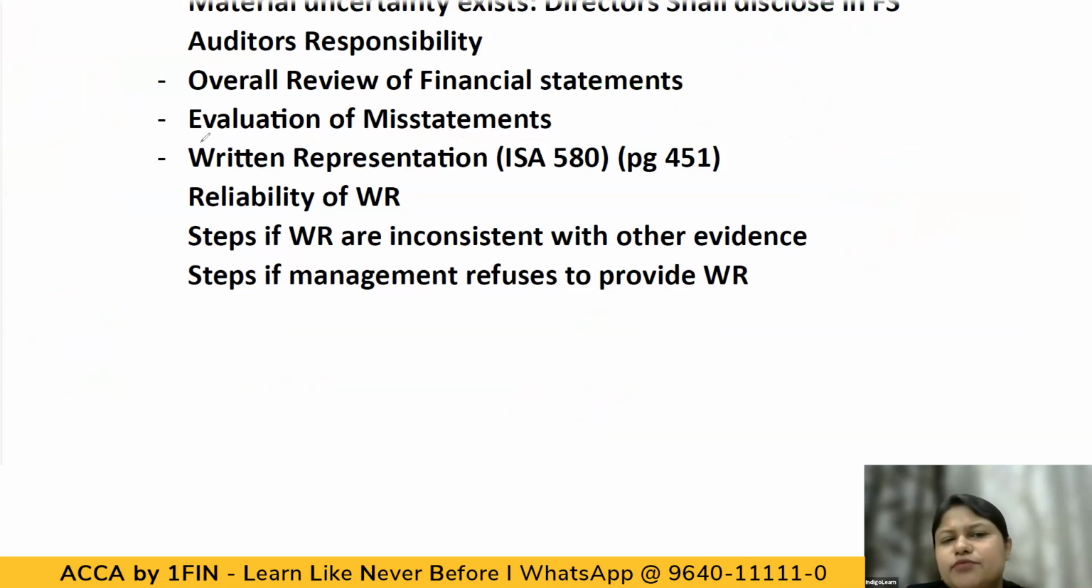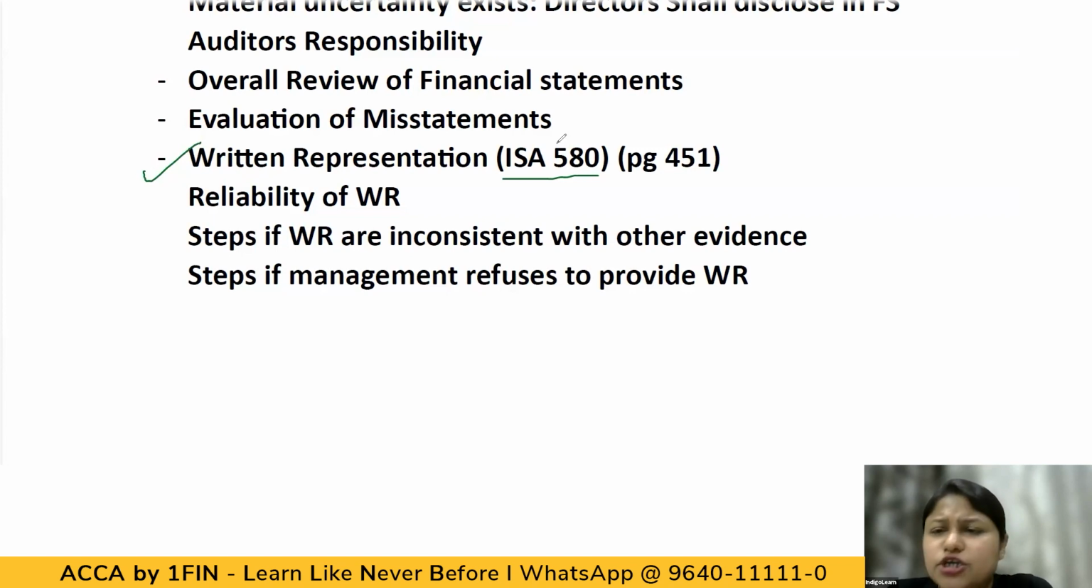Then comes another very important discussion, written representation, ISA 580. Now, first of all, a very important point: written representation is always going to be one of the most common and most supporting audit evidences that the auditor will try to obtain, or is required to obtain in certain situations. Just now we looked into going concern. Then when you talk about preparation of financial statements, designing of internal controls, complying with accounting standards, preparation of financial statements as per the applicable FRF, and compliance with laws and regulations,